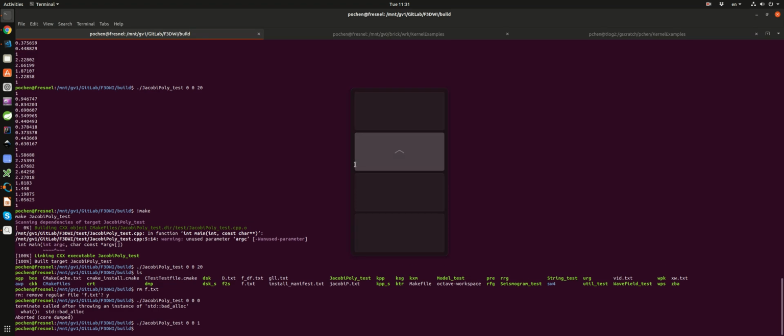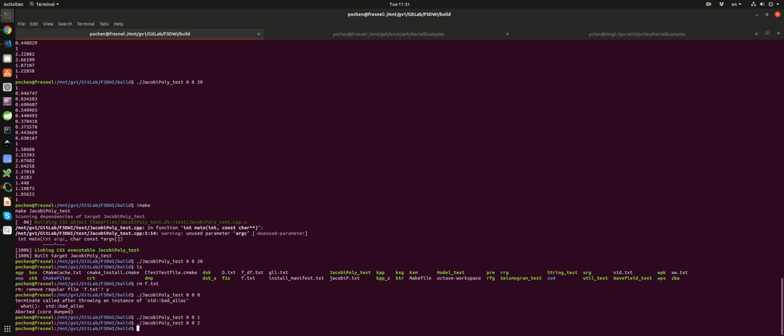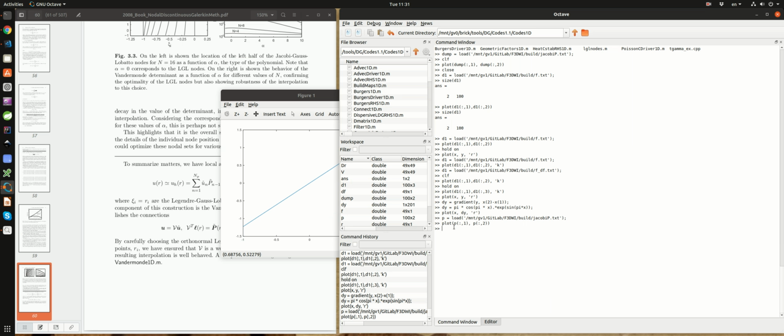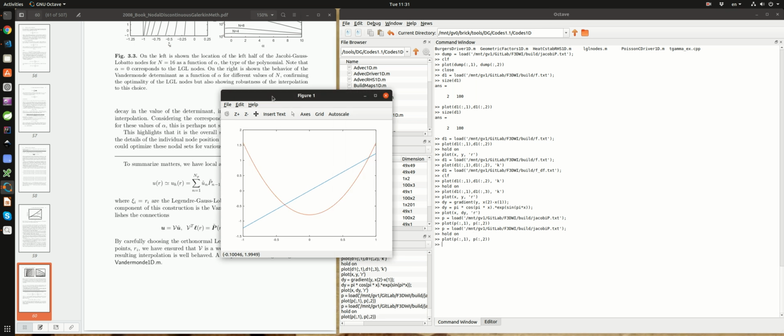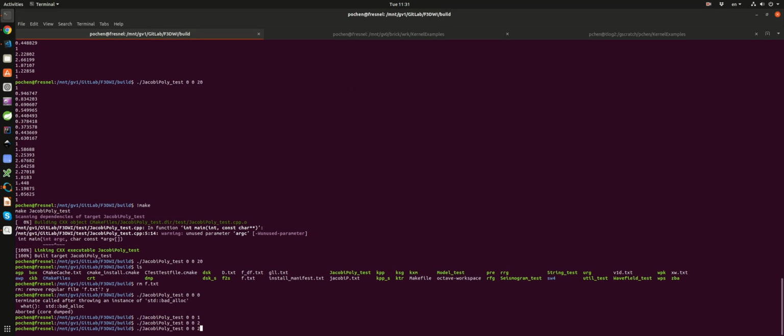But if I do a second order Lagrange polynomial, then I'm going to get, okay, it's more like a second order quadratic function, right? And then if I do third order,